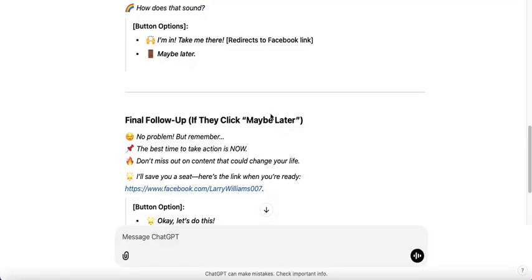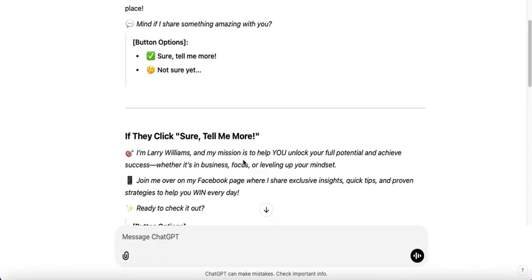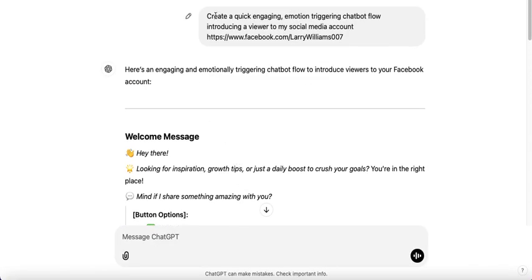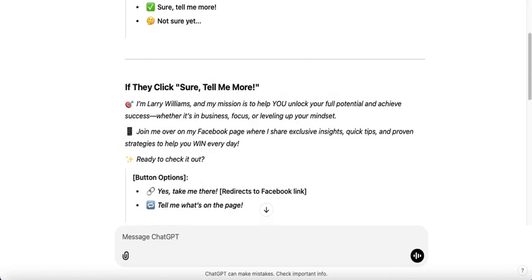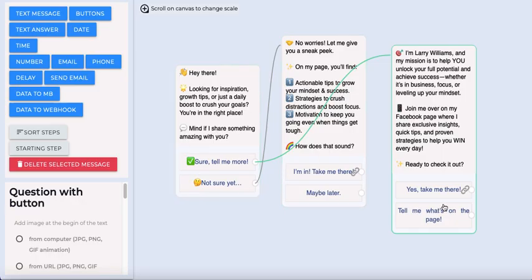But guess what? You can use, look at it, man. You can use ChatGPT, use this prompt to create a chatbot flow. And you ain't even really doing no thinking. You can put your product, you can put your website, you can put anything right here and let ChatGPT create it for you. Then you come to this marketing platform, put it all together. You continue to grow. And once you go to the preview,